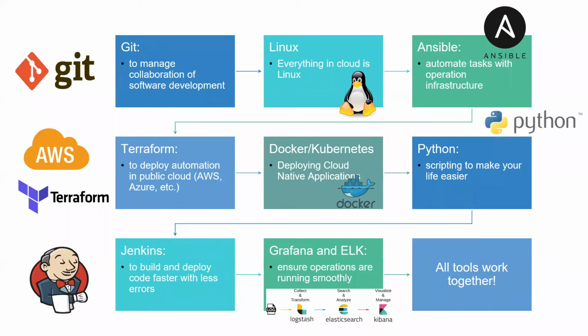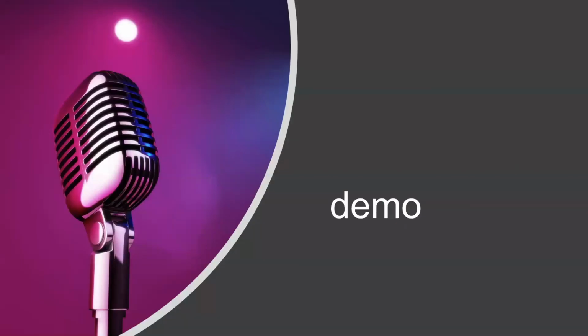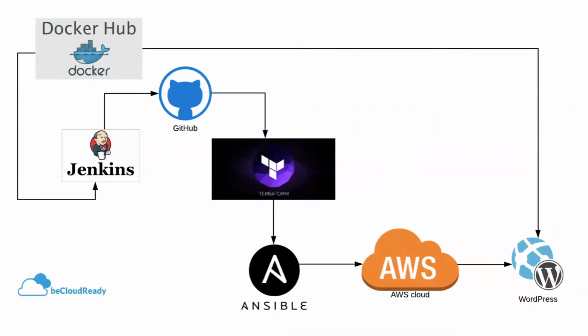If you go to the next one. So next, I want to show you a quick demo which will pretty much use everything, or at least some of it. Basically we will be using a Jenkins server, which is running under Docker, and we'll pull the code from GitHub, and using Terraform and Ansible, we will deploy a WordPress website with a containerized approach into AWS. You may say, oh my God, I'm talking a lot of gibberish words, but guess what? It will take some time to build this whole thing.